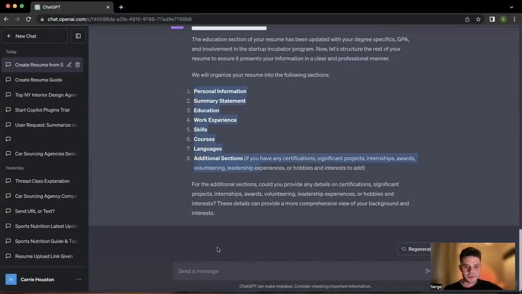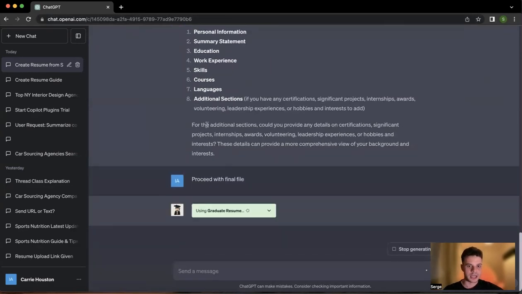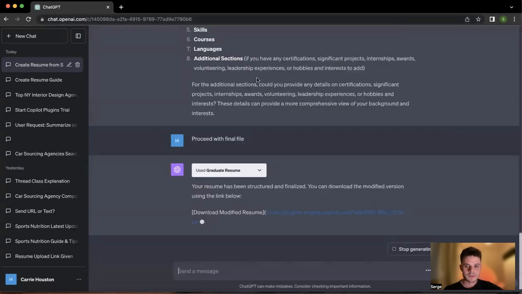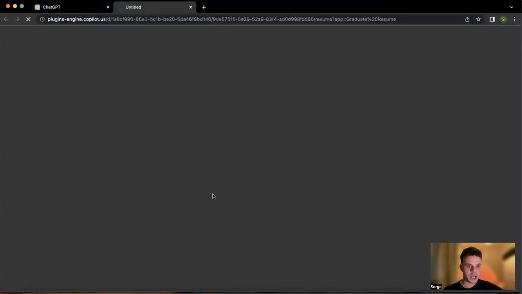Here, as you can see, it asks for some extra details. For now, I'm just not going to proceed with that, not to waste your time. So let's say proceed with the final file, just to show an example of how the final product will look. So here we go. After a few seconds, we can download our